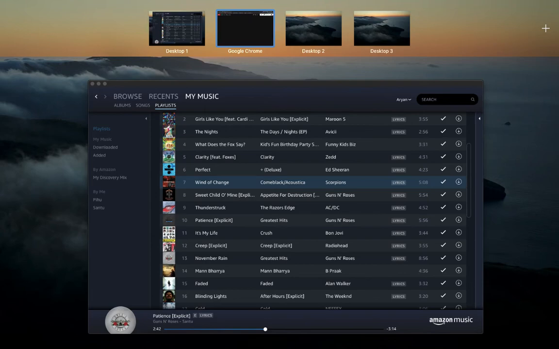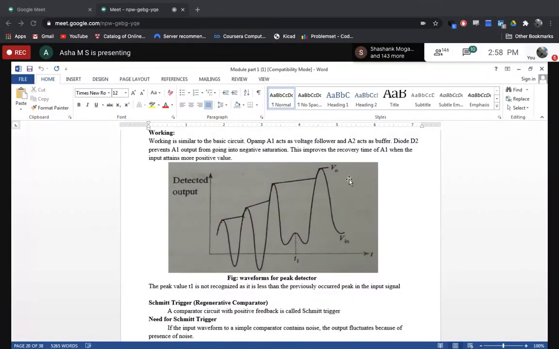So it has charged up to the first peak. You can see here that this is the second lowest peak in this complete input waveform, correct? So it is going to detect that one first. Next, for the second time, you get a peak which is higher than the one the circuit has detected, correct? At that point you can see the horizontal line, and from there the capacitor will charge again to a new peak value. So how do you say that that peak value is achieved?